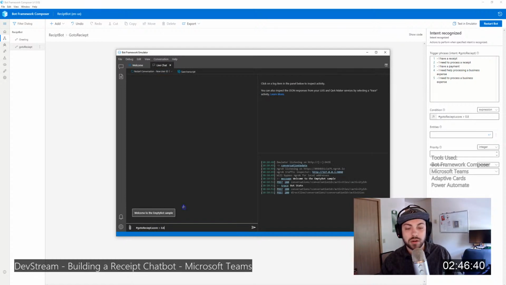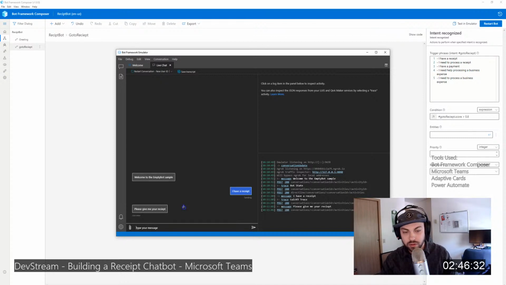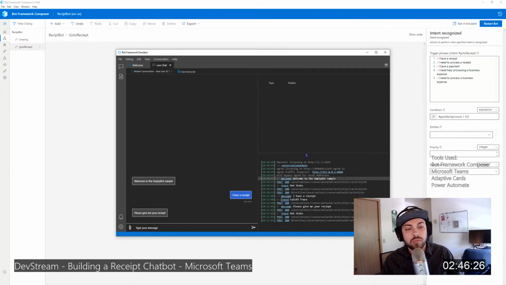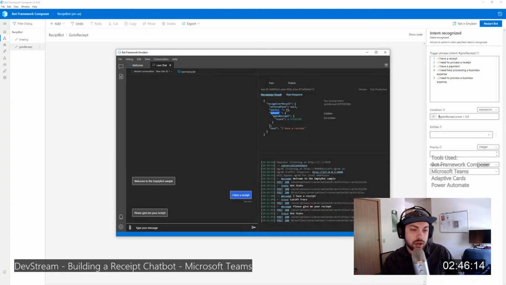Cool. Gets my ngrok set up, my bots. That's not what I want to say. I have a receipt. Cool. See, this is what you want it to do. Boom. This is what I was talking about. The go-to receipt intent, which was set right here, this is just markdown language to essentially establish that I don't have to type in